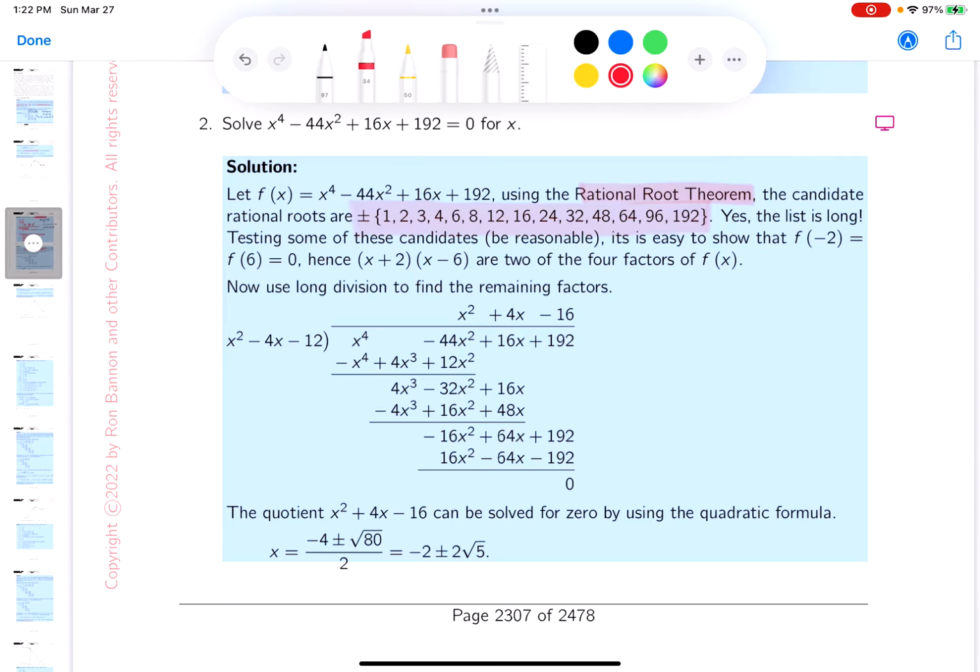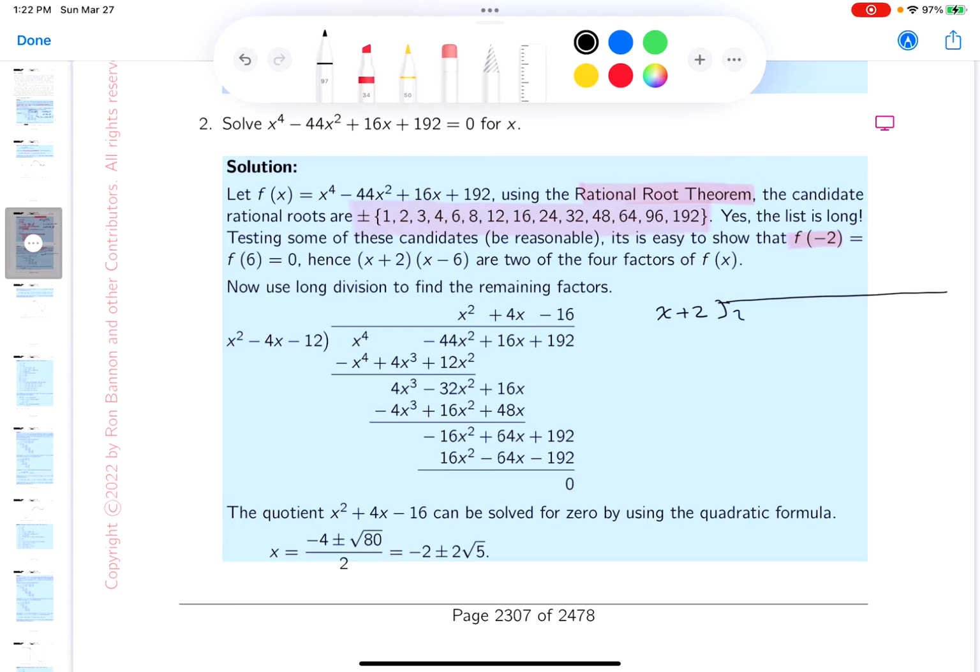And what I'd stumble on, certainly I'd try 1 and -1. It wouldn't work. But I think I would stumble on -2 rather quickly. Right? Like I try 1, -1. I try 2, -2, and so on and so on. And I think I'd stop right there, and I think I would probably just simply divide at that point, right? So what I would do is I would divide the polynomial, and write this down for you,